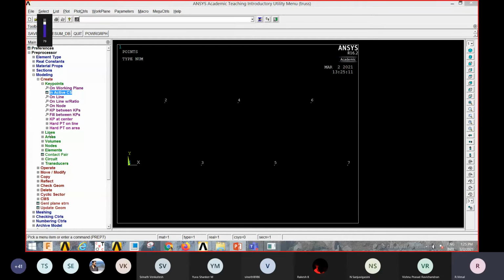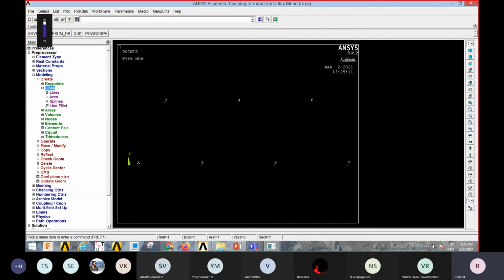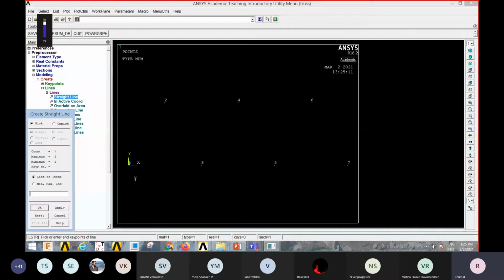After giving all the key points, now I'll generate lines connecting the key points. For that, in the modeling section itself, there is something called lines. Click on lines, and then click on the straight line. The dialog box pops up. Now you move the arrowhead between 1 and 2, between 2 and 3, and 3 and 1.